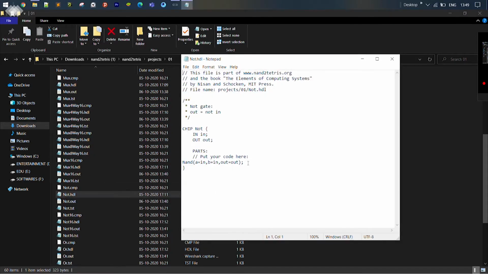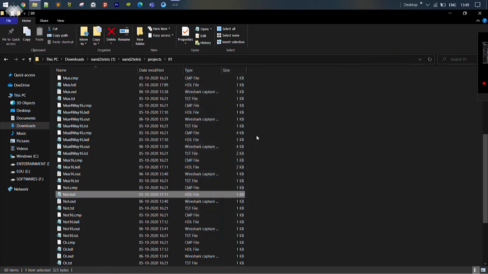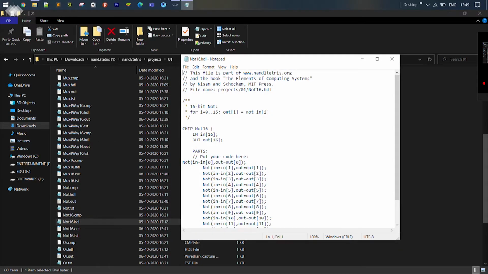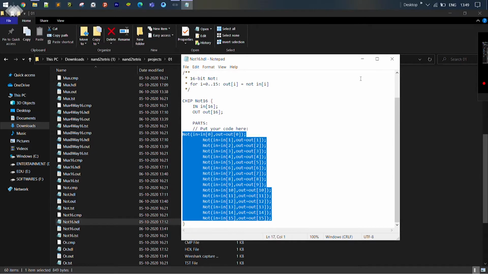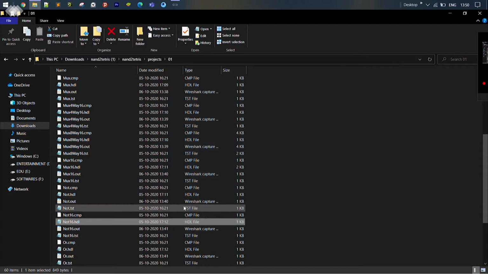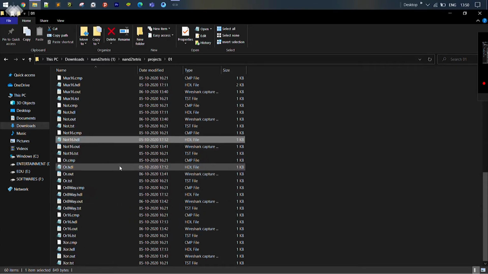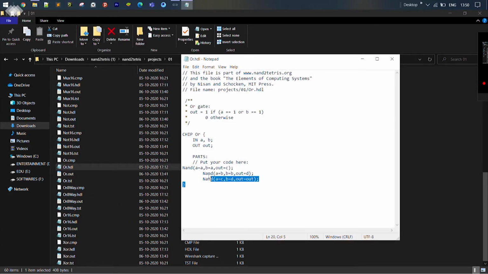And Not, only one line, sorry, Not16, these. Or just three lines, like it's giving inputs a, if a, then output should be c, and if a is b and b is b, then output should be d.